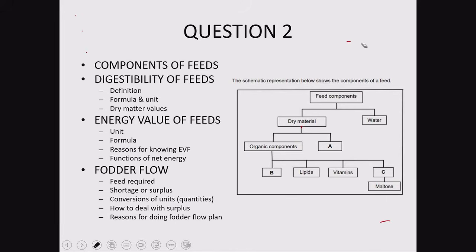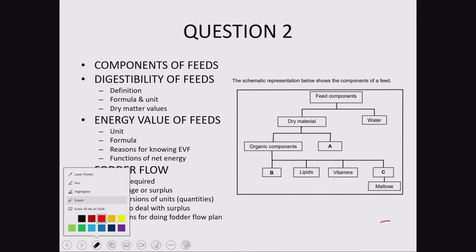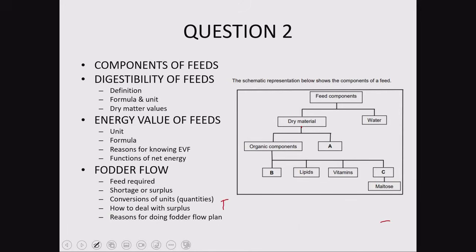You will be given all these values in your question paper. You just have to read your question paper and understand it. So the formula for feed required, I will just write FR is equal to intake, daily intake, times number of animals